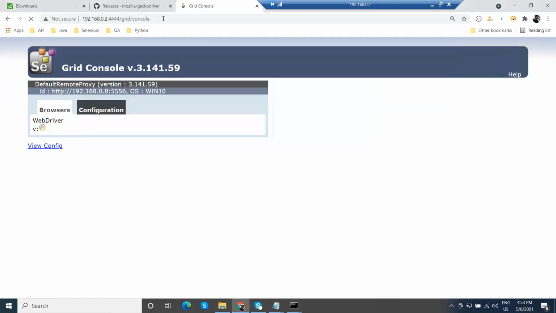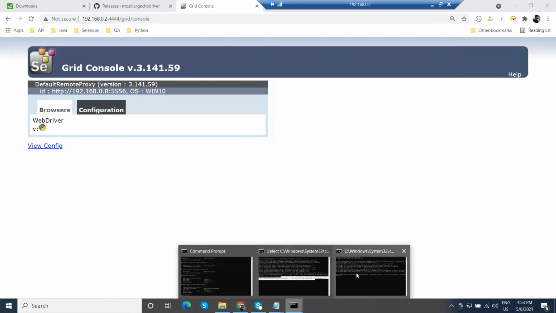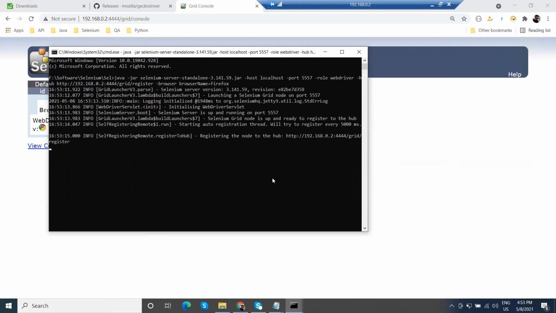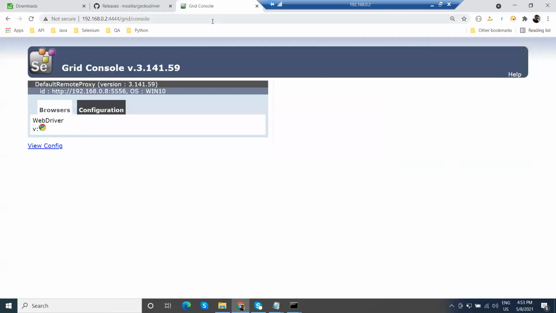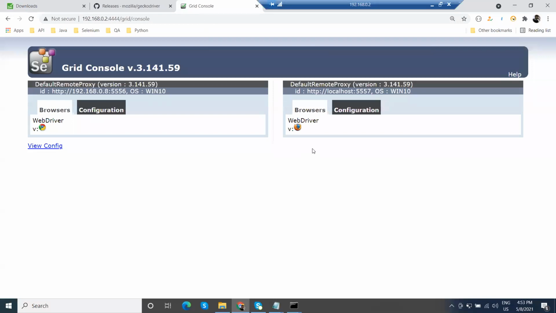Once the registration is done and I open the console, we will get the Chrome driver again. So Chrome as well as Firefox are both registered, and this is registered from localhost.